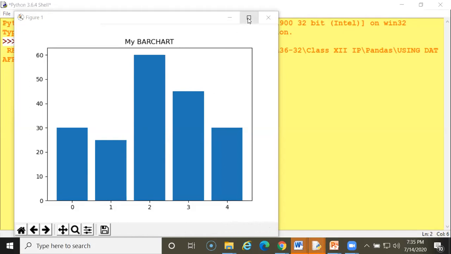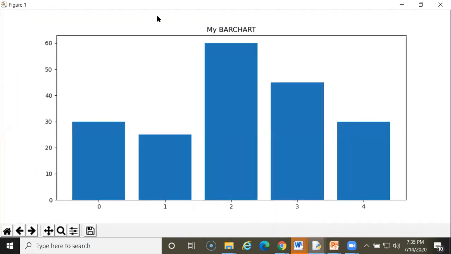So this graph will be displayed according to your data, and the title can be anything you want here. These numbers you can assign here, and these indexes will be generated automatically by matplotlib.